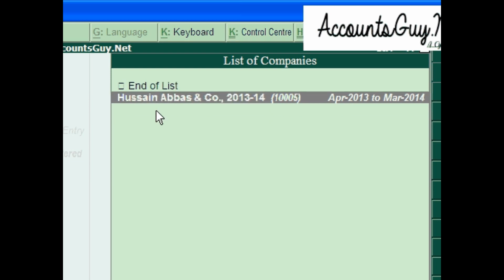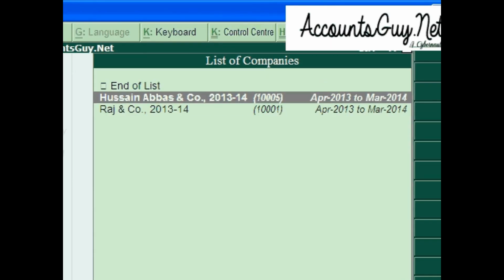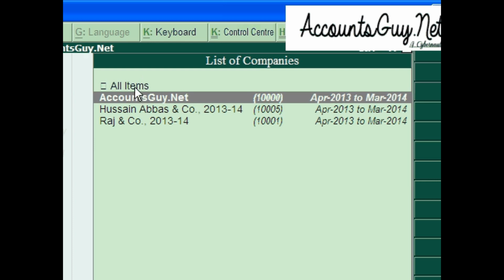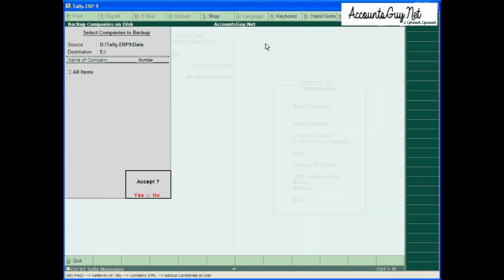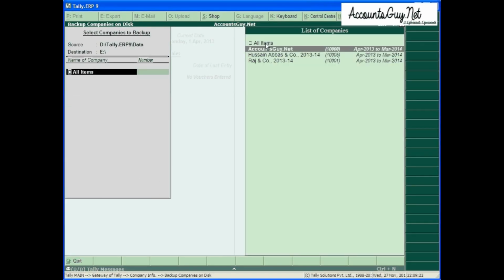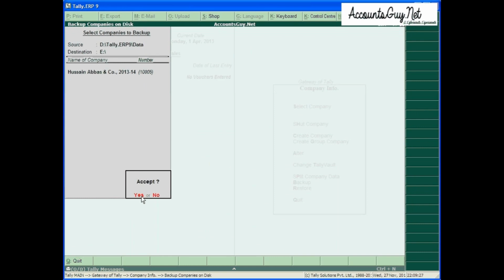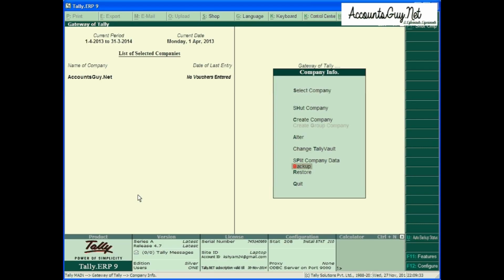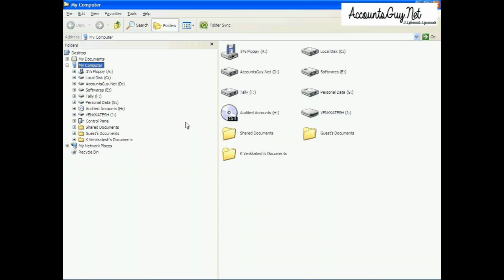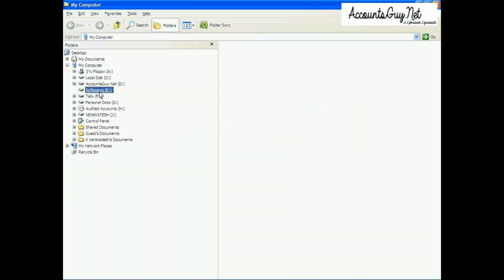Either you can select a particular company, or even you can select all companies at a time. If you select one company, you have to select end of the list to end the selection of the companies, and after that press S button, and that has been taken as backup file.